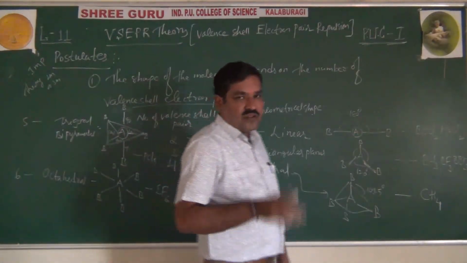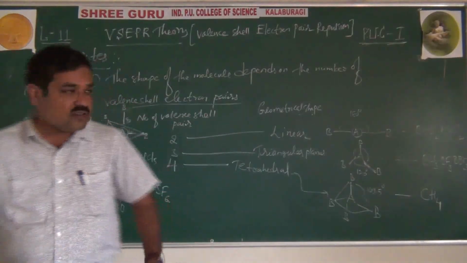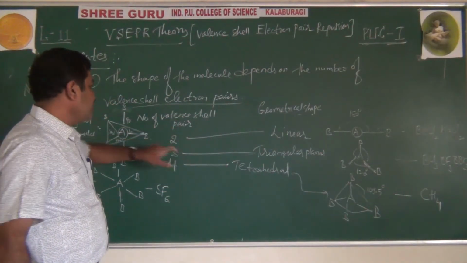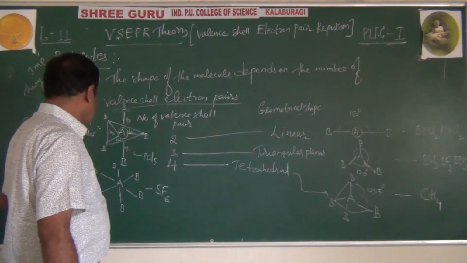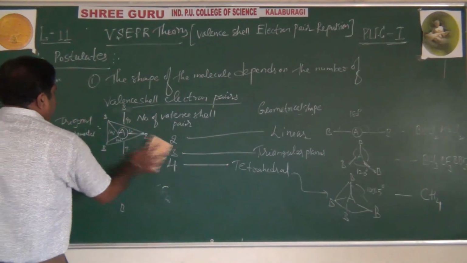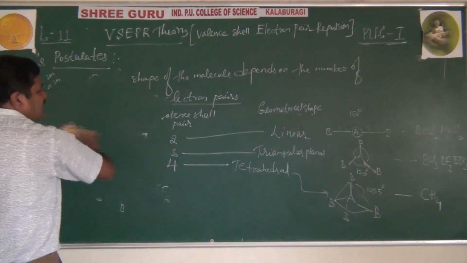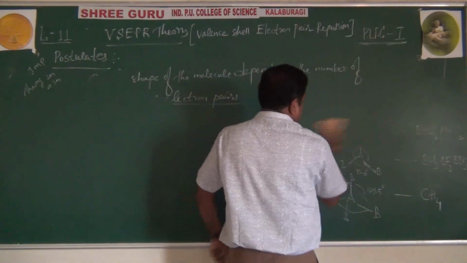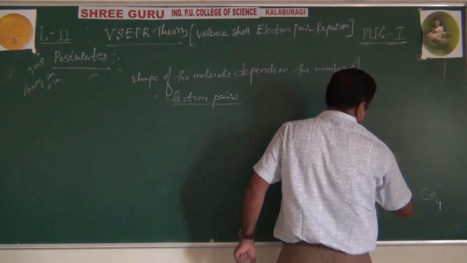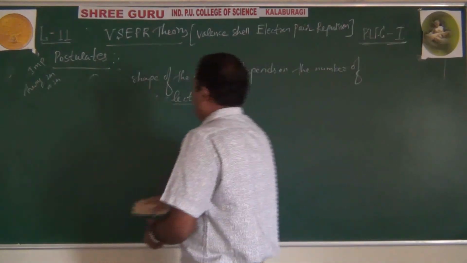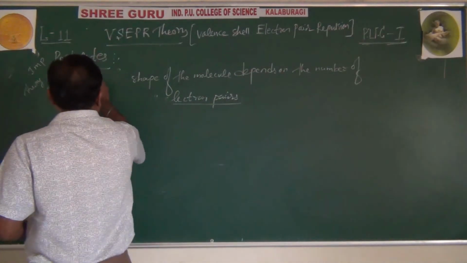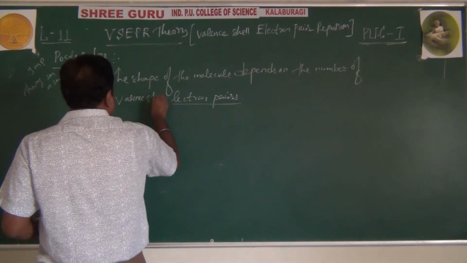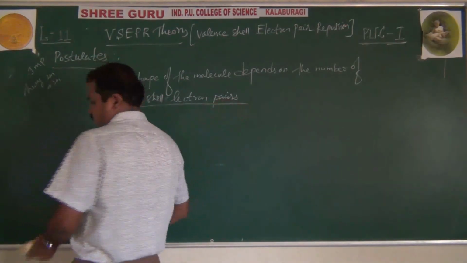Right, so that's about the first postulate. That means if the number of valence electron pairs is 2, linear, 3, triangular planar, 4, tetrahedral, 5, trigonal bipyramidal, 6, octahedral, 7, pentagonal bipyramidal. This is the first important postulate of valence shell electron pair repulsion theory. Then second,